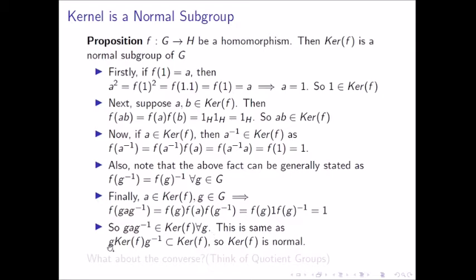I hope you remember this condition for normality given in the previous slide. This is indeed very essential, as most of the times this is the characterization of normal groups which we use, as this is easier to show. But what about the converse? That is, over here we showed that every kernel of a homomorphism is normal. Is every normal subgroup of G kernel of some homomorphism? Think of quotient groups once. We'll also prove it in the appendix.